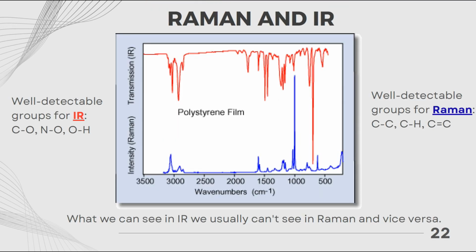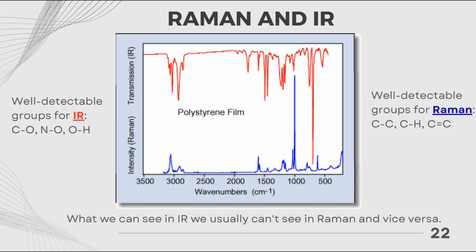And it is a very nice picture here, which contains Raman and infrared spectra together. Here on the top you may see the infrared spectrum, and here on the down side you may see the Raman spectrum. What is important to remember? What we can see in infrared, we usually cannot see in Raman, and vice versa. It's extremely important. So you should understand that Raman spectroscopy is usually used together with infrared, because